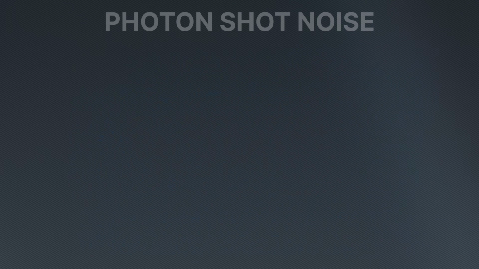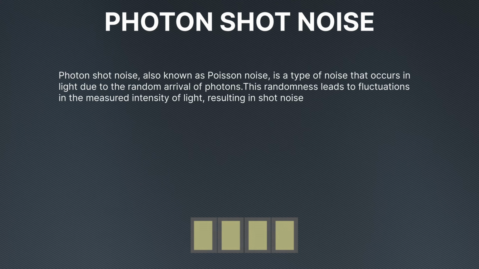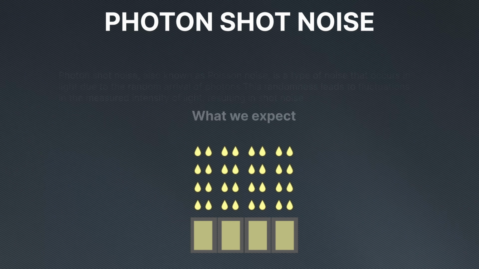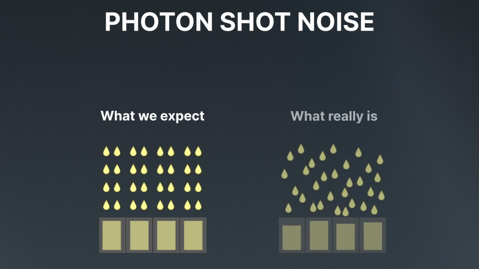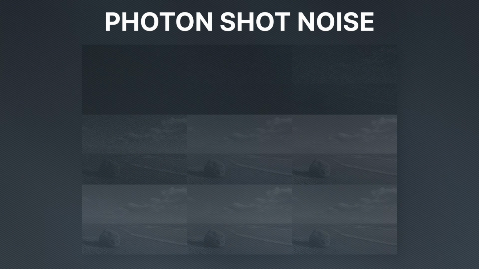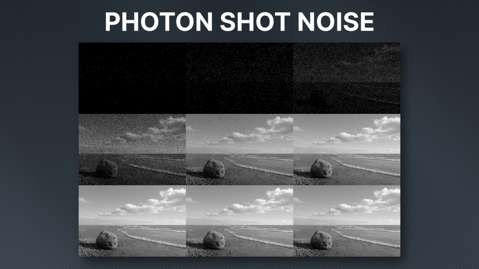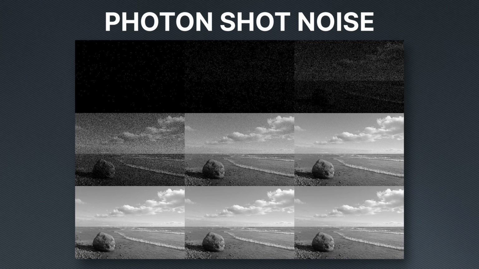The other thing that causes noise in the image is the physics of the light itself. Imagine that each pixel on a sensor is a bucket that collects photons of light. If the photons traveled in a uniform order, we would get the same amount for each pixel. But in reality, photon flux is stochastic, like raindrops, and so the amount that we get will be different for each pixel. That is called photon shot noise, and it has nothing to do with the camera sensor. It is a fundamental limitation of light detection, and it is especially noticeable in low light conditions.